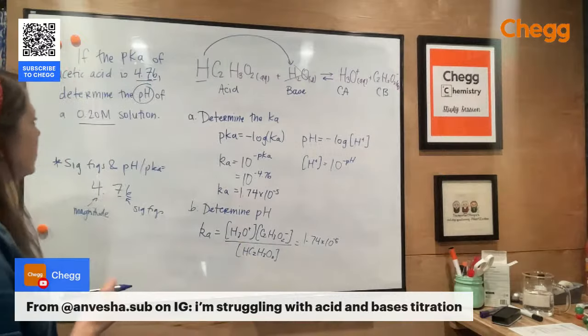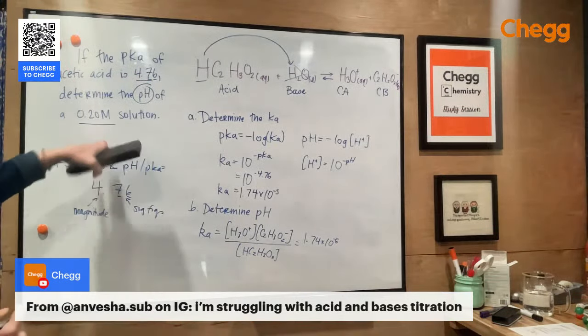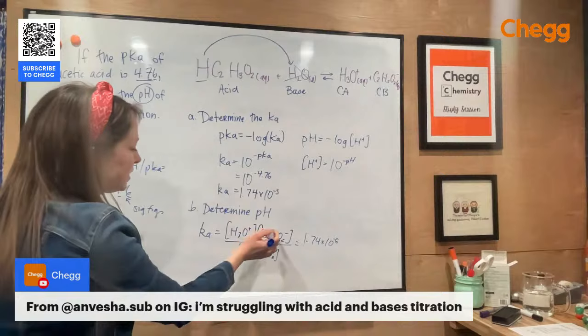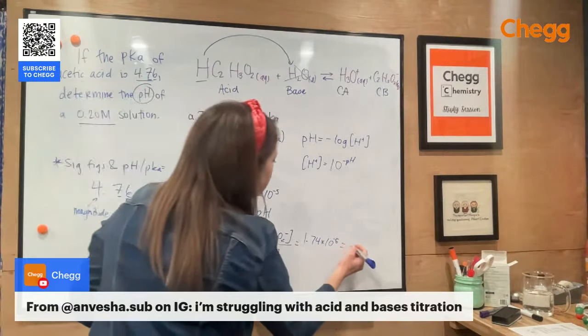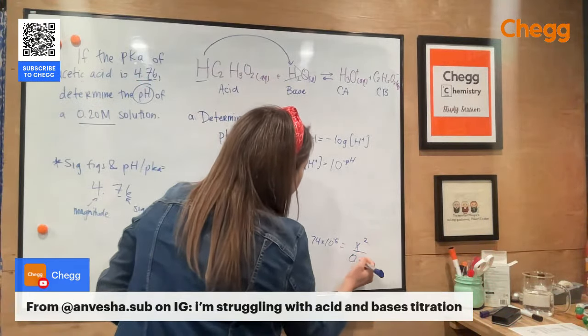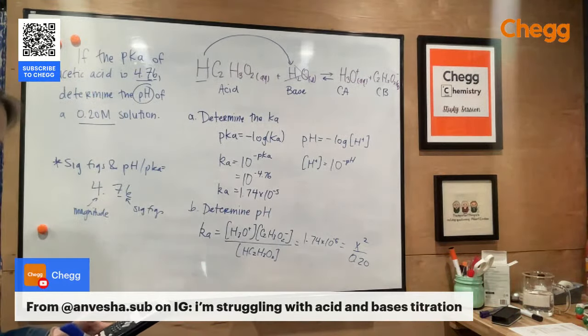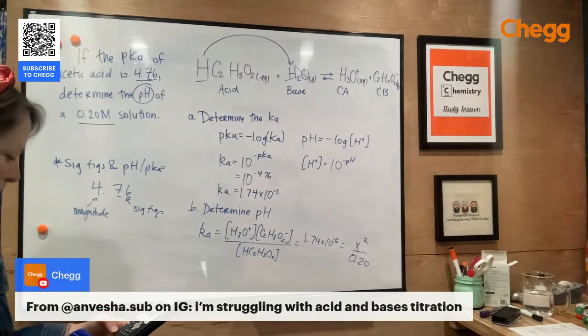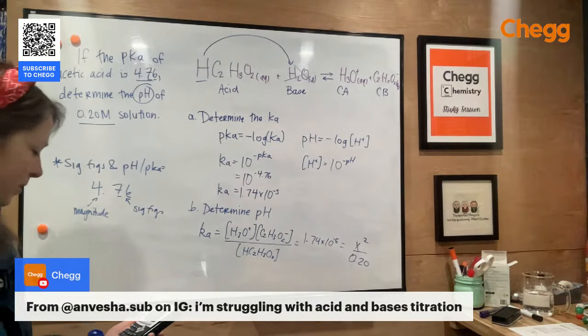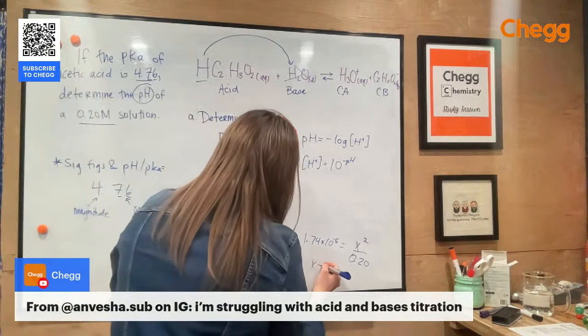So looking at that, did I have my initial concentration? I did. So this is going to be 0.2. This is going to be equal to x. So we'll say x squared over 0.2. Now we're just doing some algebra. So 1.74 times 0.2. We then take the square root of that. And that gives us that x is equal to